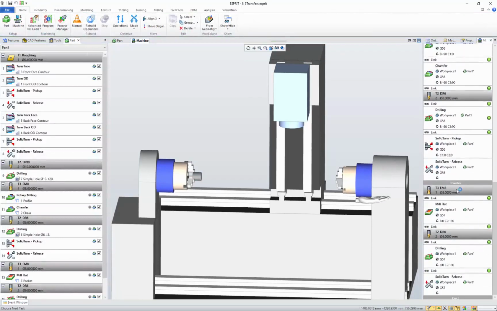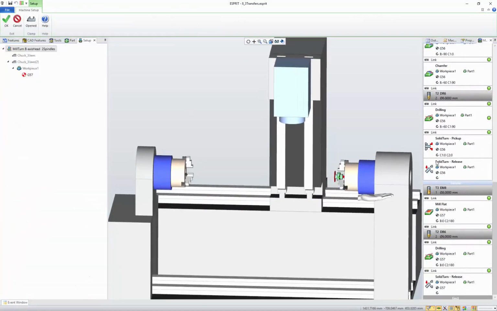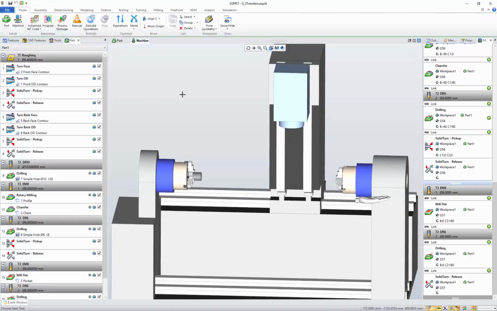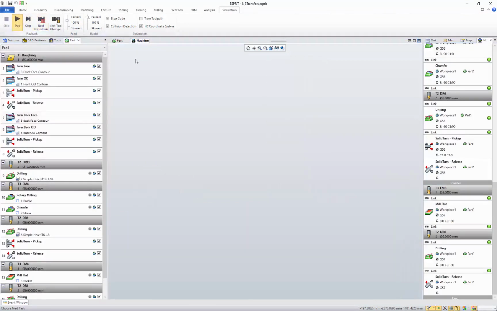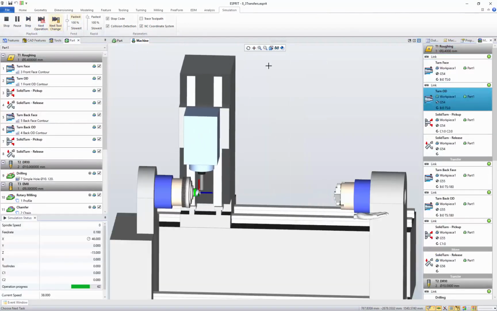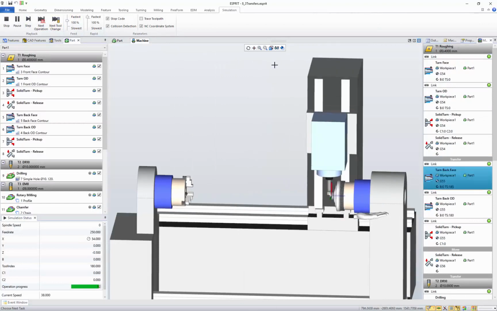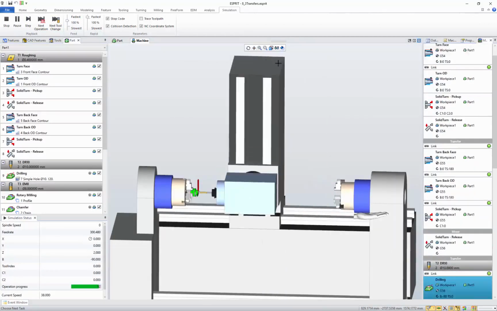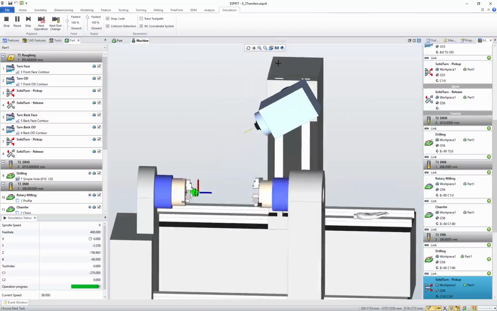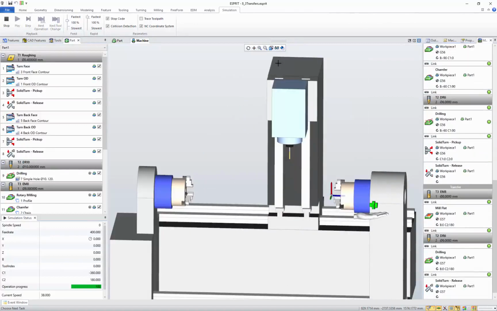And final transfer, going back to the sub for finishing in sub, with this time a G57 moved to the other side of the part. Okay, so let's simulate the results. First side, transfer, second side, transfer, finishing, transfer, finishing backside, eject. So that's it for a few examples of setup changes with Esprit TNG on a multi-spindle machine. Thank you.